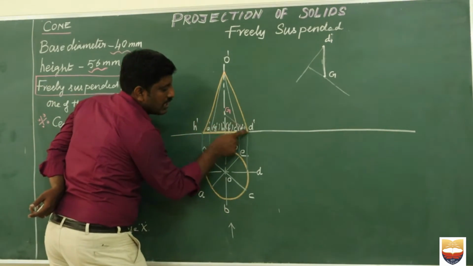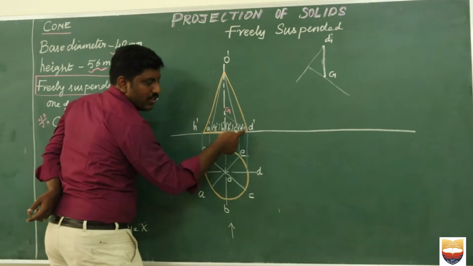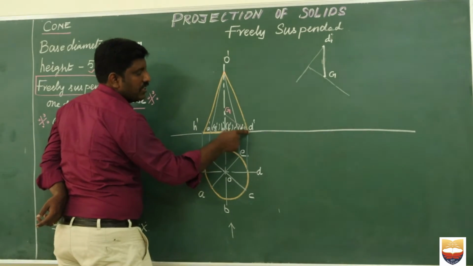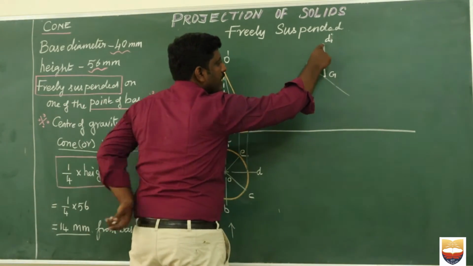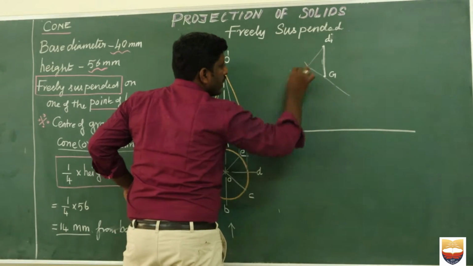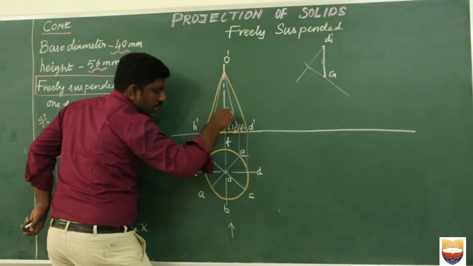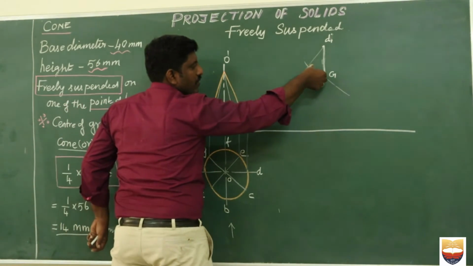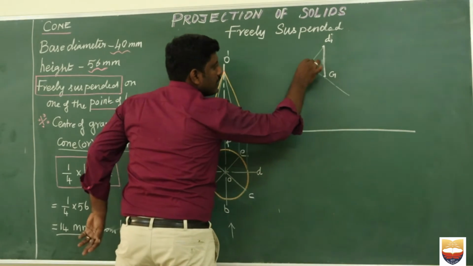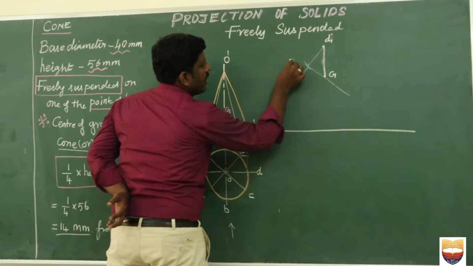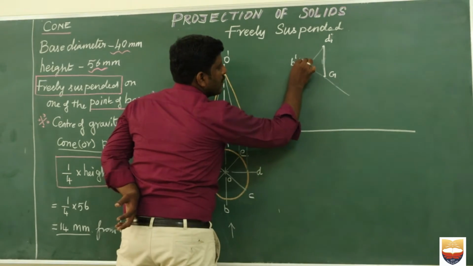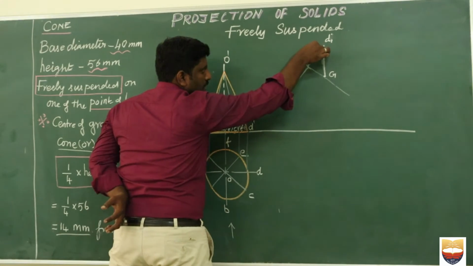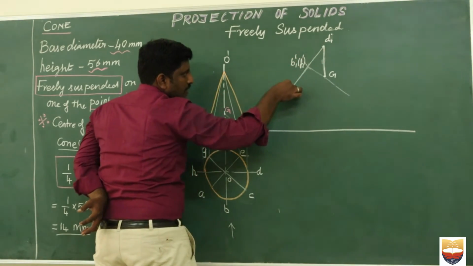Okay, so now I have this line. Now I need to draw this line. To do that, can I measure D to B here? Yes, I can measure D to B. So from here, I cut an arc. Similarly, from G, I can measure B. I repeat again, from G, I can measure B. From here, I cut an arc. So this intersection gives me the point B1 dash, within the bracket F1 dash.